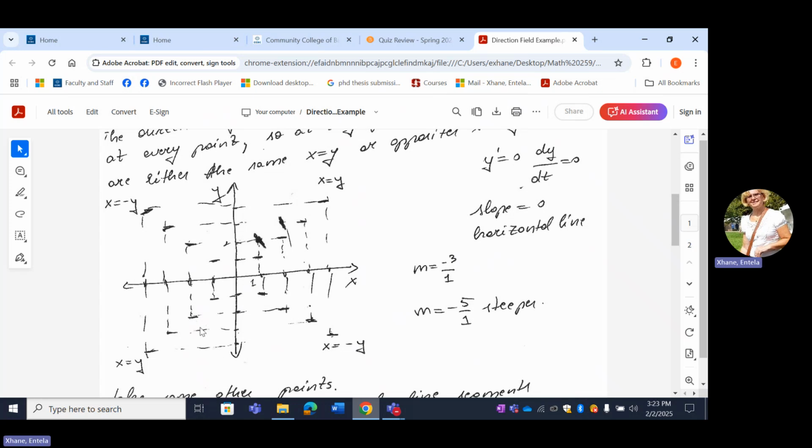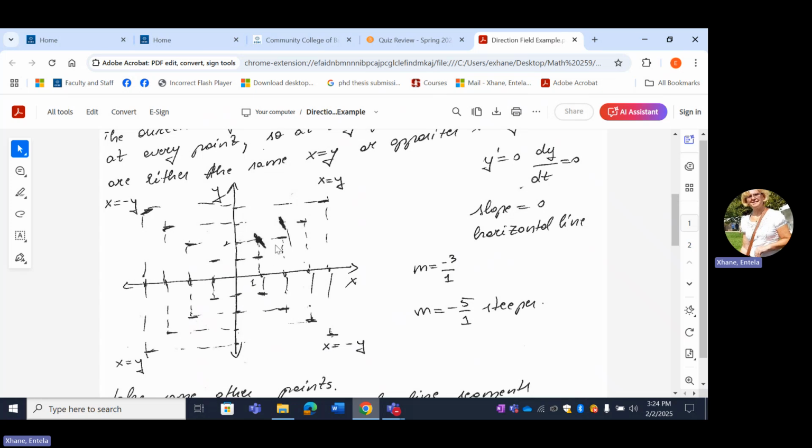At every single point, one unit in length, I'm going to draw a line at the top of the point that is going to be part of the collection of lines that create the direction field. This line has a direction defined by slope being 0, which means that the line is horizontal. So this is a collection of horizontal lines that you set through the bisector of the first and the third quadrant,